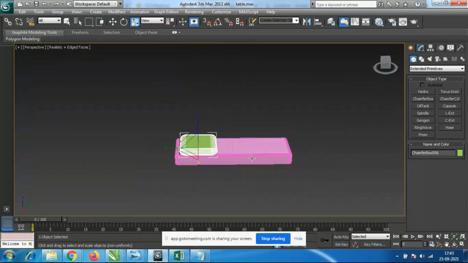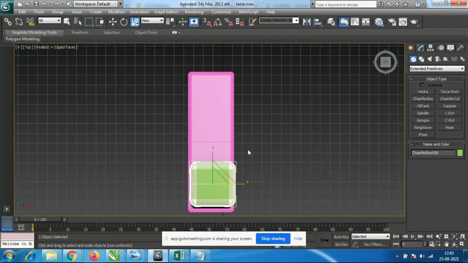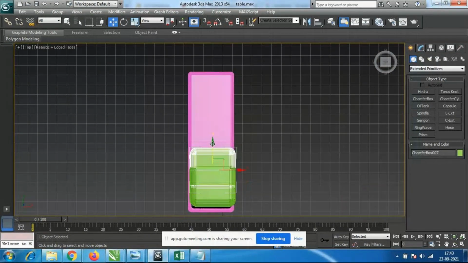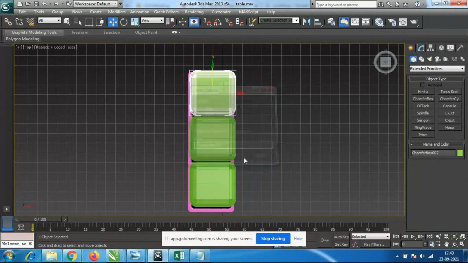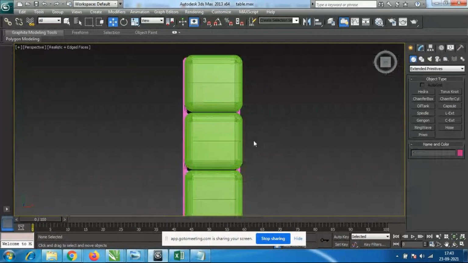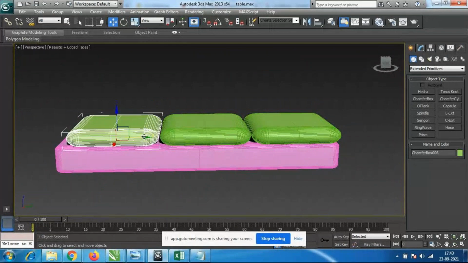So in the top view, W, it should come at least three equally. So I'll just use Shift and 1 if you create it properly. Then we can add three of these. So once we give the texture, it will come properly.